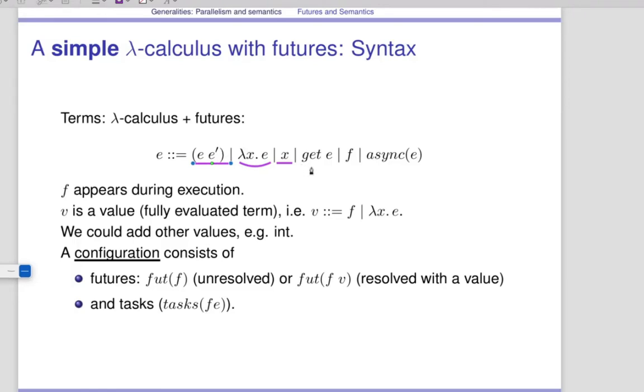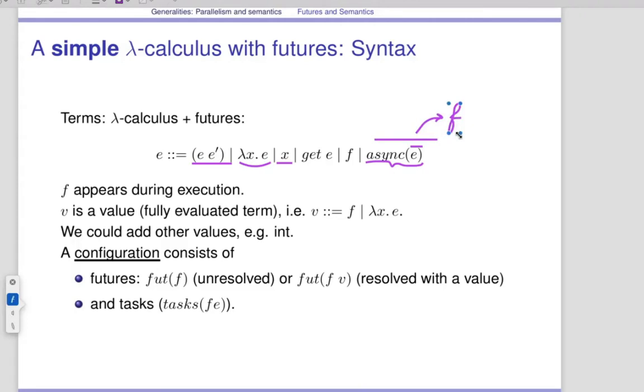We add to this simple classical lambda calculus two constructs that can be written by a programmer and one element that arrives at runtime. The first thing that a programmer can write is async of e, which means evaluate the term e asynchronously. So it is supposed to represent the fact that a task or thread is spawned, and this thread evaluates the term e, and it creates a future immediately, and it will fulfill the future when the evaluation of